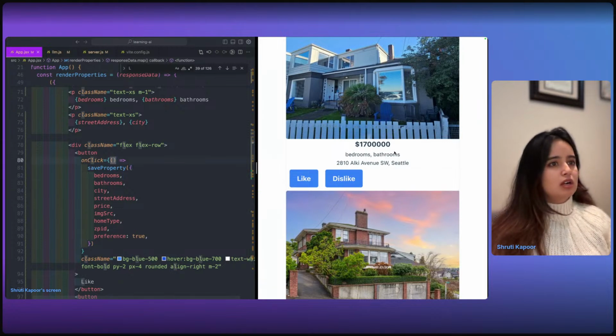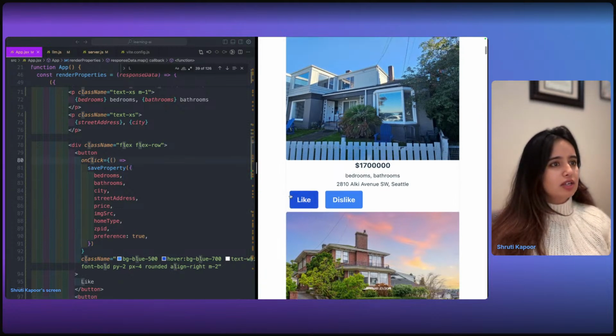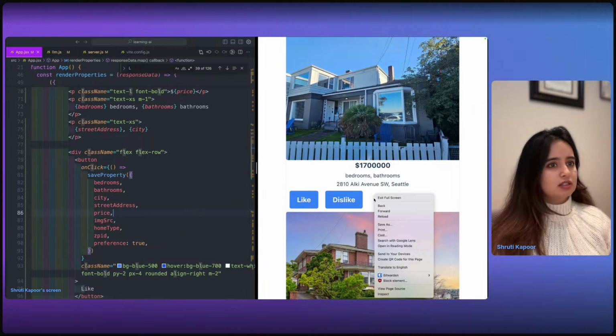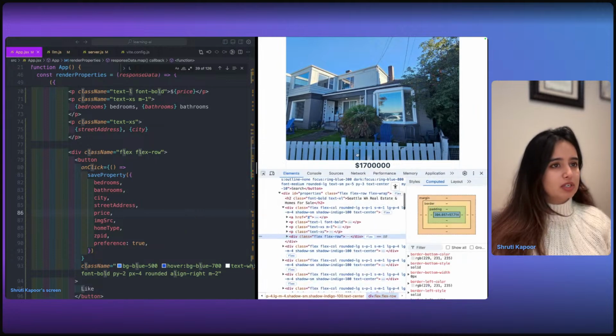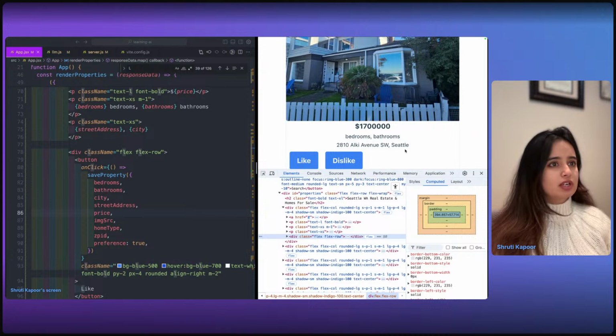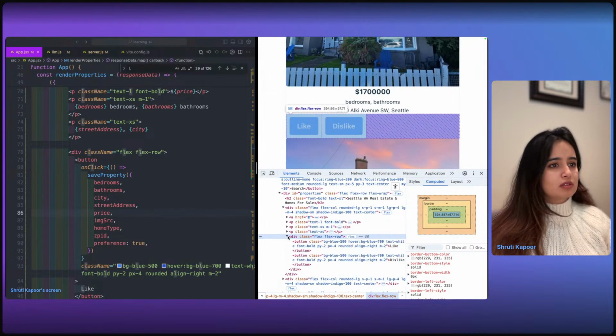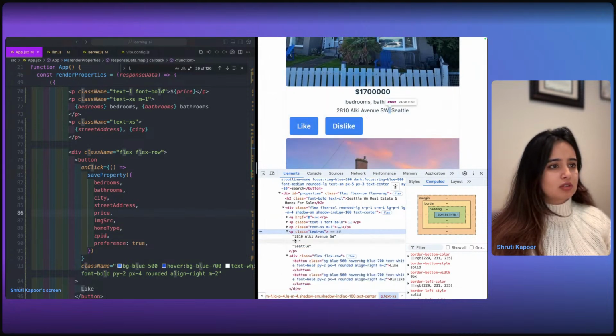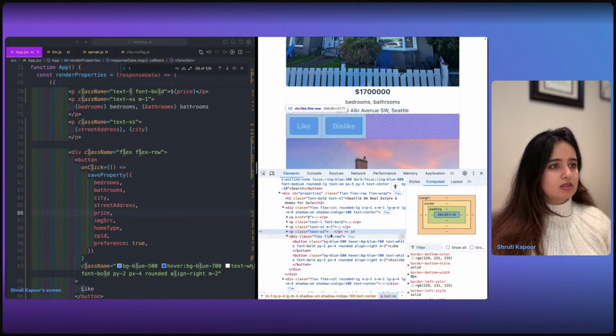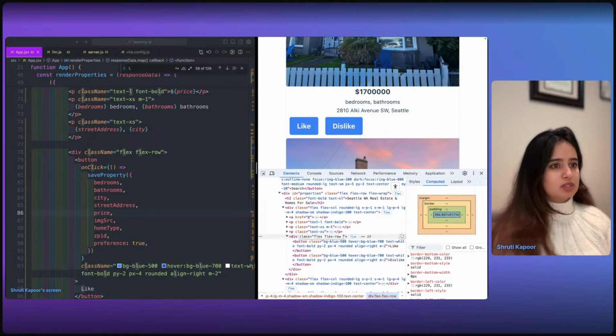There you go. Okay, and then this is kind of on the left. I wanted it to be in the center. Let's fix that. Or is it align items?